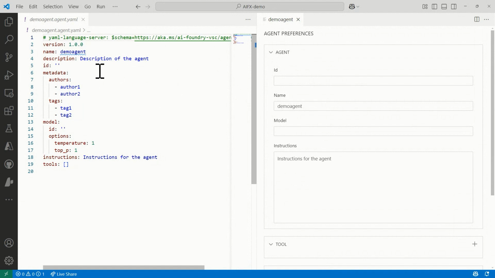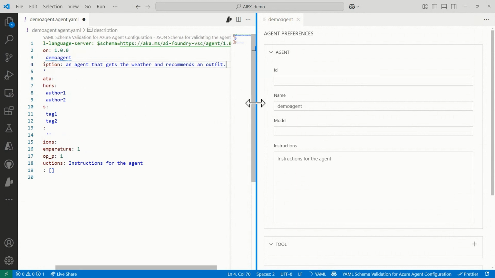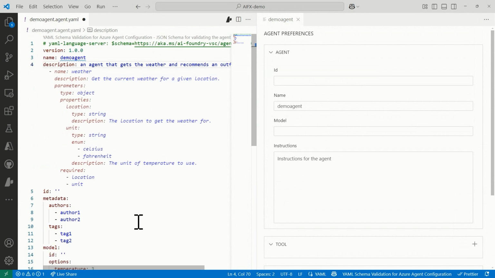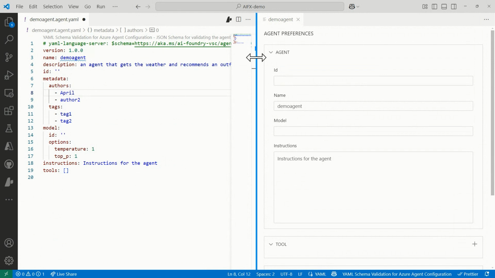On the left-hand side, we have the name of it. We can give a description for the agent. I'll just say an agent that gets the weather and recommends an outfit. Very simple. And then the ID itself will populate when we actually go to deploy it, so we're not going to fill that out. We can also provide the author for the agent. So if I were to put my name there, for example,